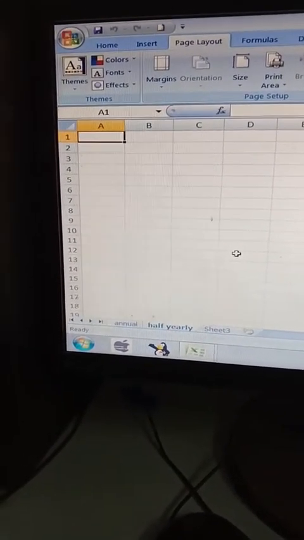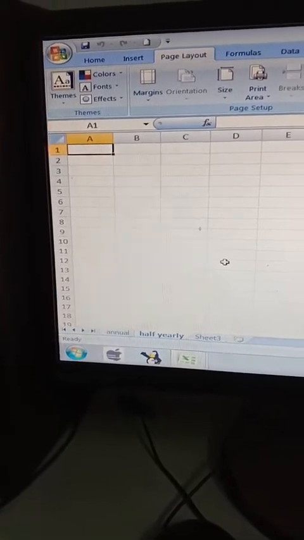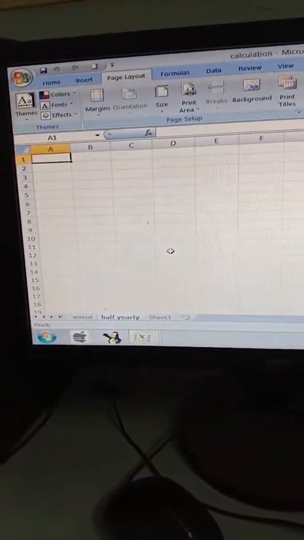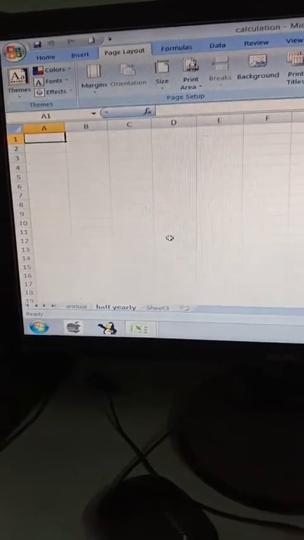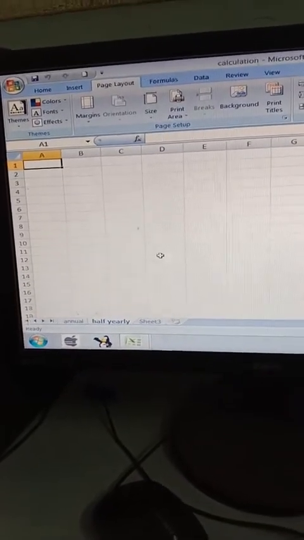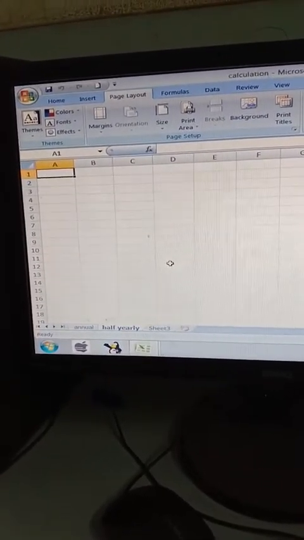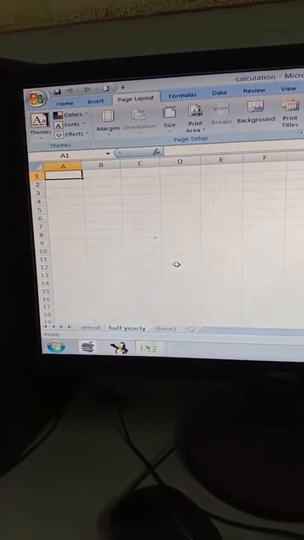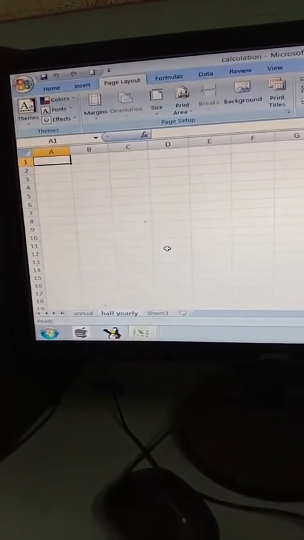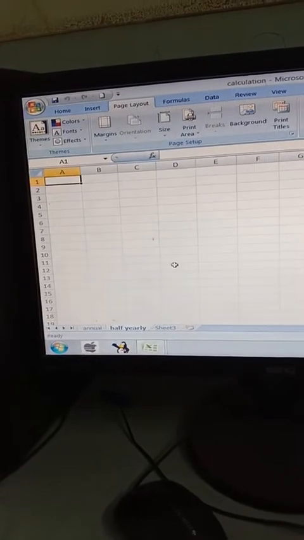Now, how to add a worksheet? Before moving on to discuss how to add a worksheet, let us have a quick recap of some of the topics that we discussed in this video. First of all, we discussed what spreadsheets are, what the features of spreadsheet software are, MS Excel as spreadsheet software, what MS Excel is, workbook and worksheets, how to start MS Excel, and the components of the MS Excel window.